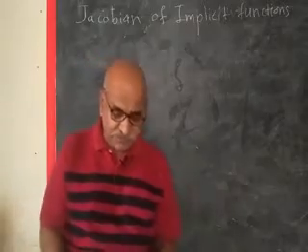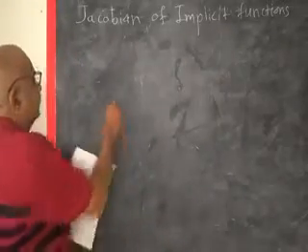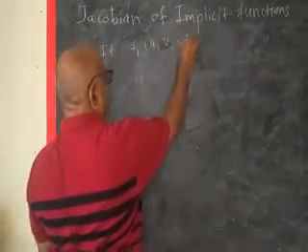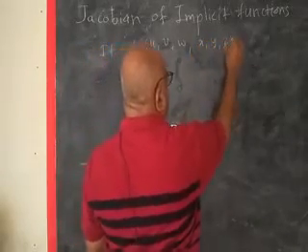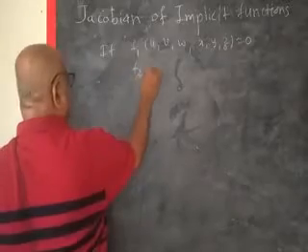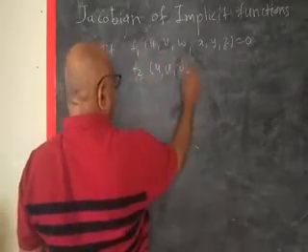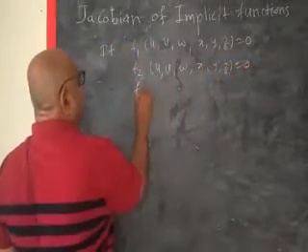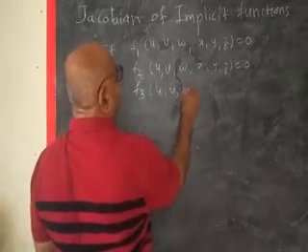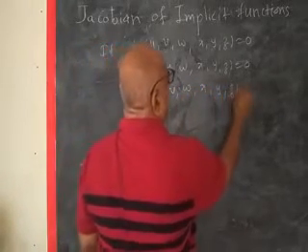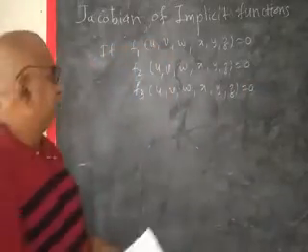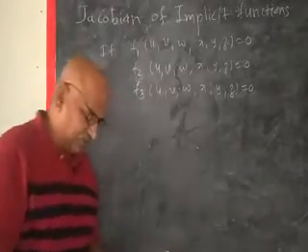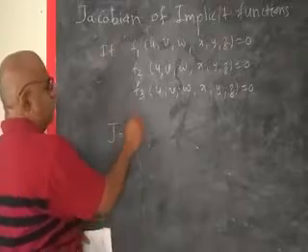In the Jacobian of implicit functions, suppose f1(u, v, w, x, y, z) equal to 0, f2(u, v, w, x, y, z) equal to 0, f3(u, v, w, x, y, z) equal to 0 are implicit functions of u, v, w with respect to x, y, z. Then we have to write the Jacobian of u, v, w